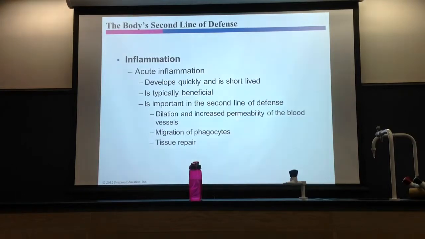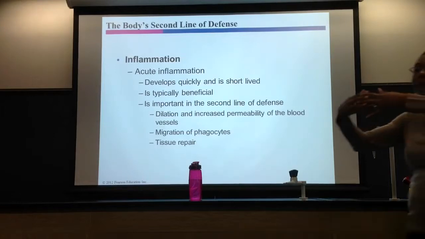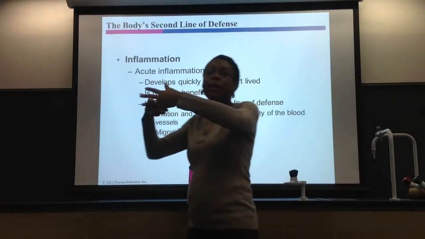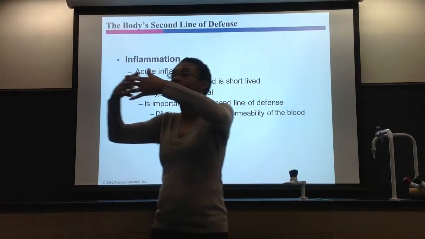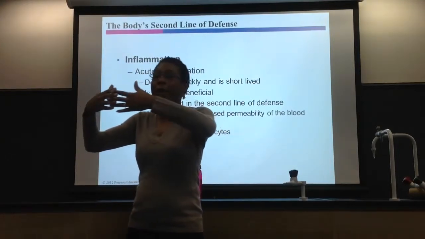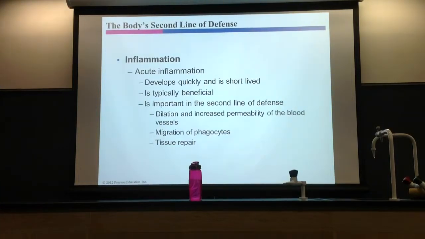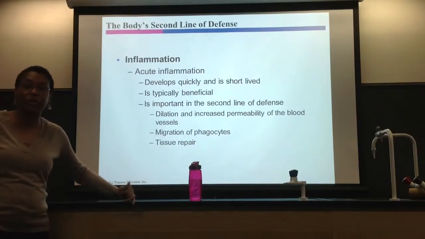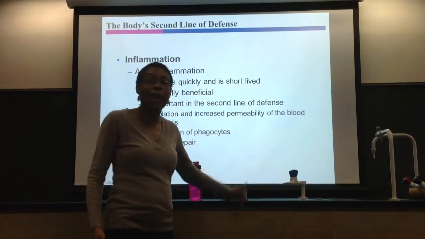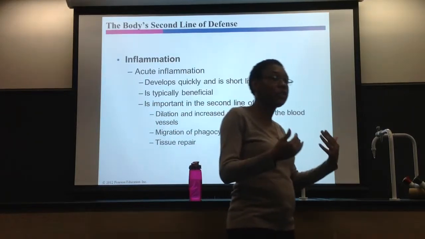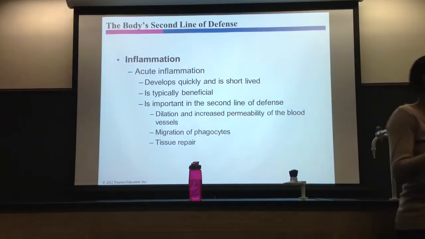Likewise, you get increased permeability of blood vessels, which means instead of them being tight together like this, they kind of open up a little bit, which means you can allow macrophages to get in there and do their job. But when you open up the space between cells, fluid leaves the blood vessels, right? And fluid gets into the surrounding tissues, correct? And that causes what? Swelling. Right, edema, swelling, makes sense? So that's why with inflammation, you got what? Redness, warmth, and swelling. It's a result of what? Dilation and increased permeability of the actual blood vessels.